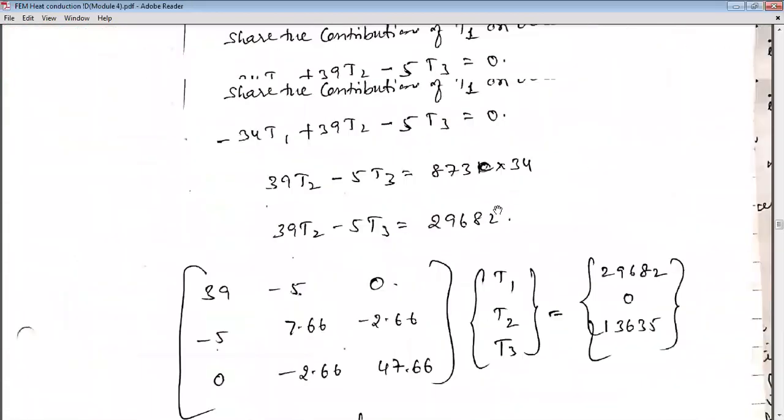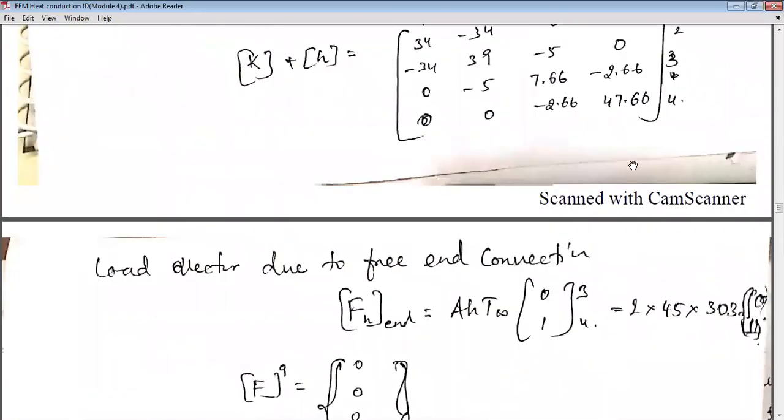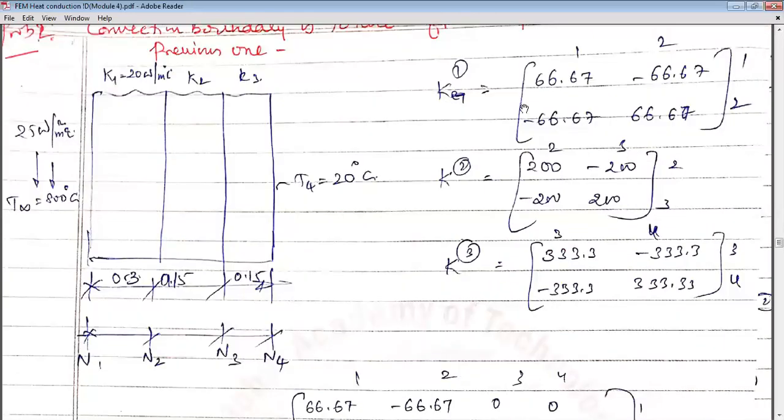So use the same technique. Just try to observe here. Use K1 to find the first stiffness matrix for the first element. You will get this simplified version. KA by L: you write 20, area is 1, L is 0.3 meters here. Similarly for K2, the values are absent here, so I beg your pardon for this. K2 will be with A as 1 meter. You can take some value for K2, so for that value you got this K2 matrix. Simple as that. So L is 0.15.